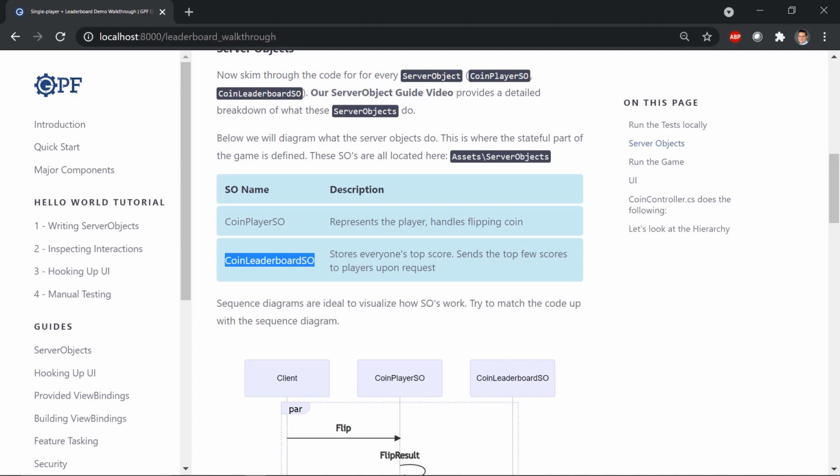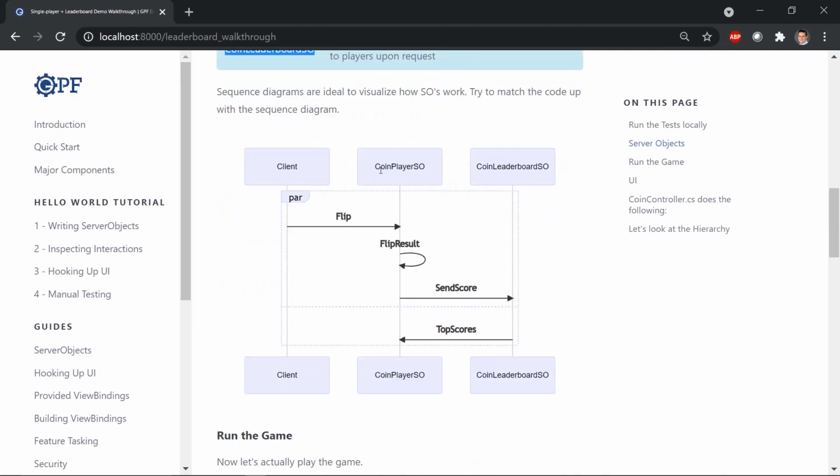So essentially what's happening is the client is going to tell CoinPlayerSO flip. CoinPlayerSO is going to flip and send the result over to itself and record the result. And if it breaks its streak of longest consecutive heads, it's going to send that score to the CoinLeaderboardSO. And the CoinLeaderboardSO is going to send all of the top scores back to the CoinPlayerSO, because CoinPlayerSO keeps track of its own leaderboard that does not stay in sync with